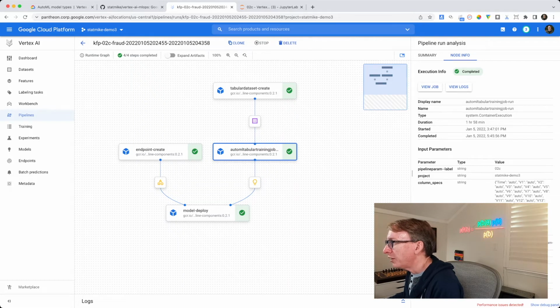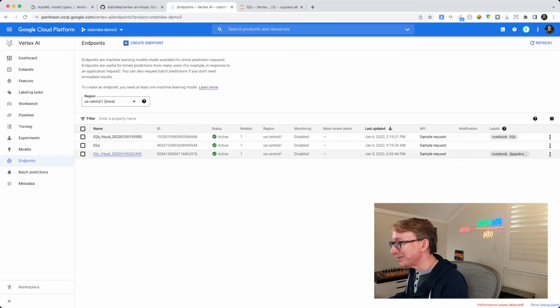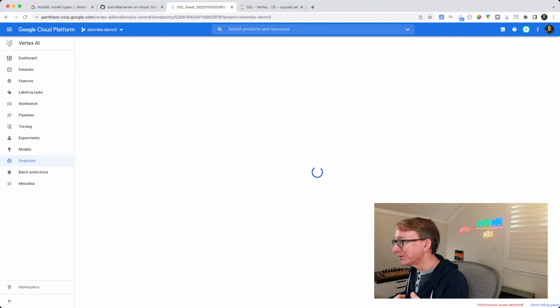If we now want to use this model, in the other videos there was that pause where I went back to the title screen and we came back after deployment. Well, this is already deployed. I can go to endpoints, and I will see under O2C, there's already the model deployed. We can now use this